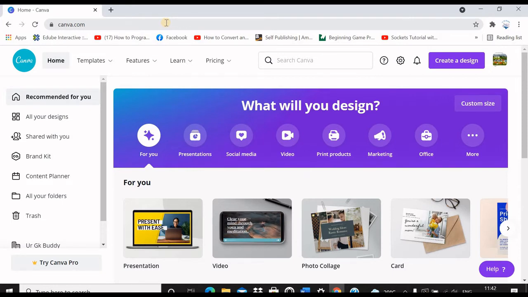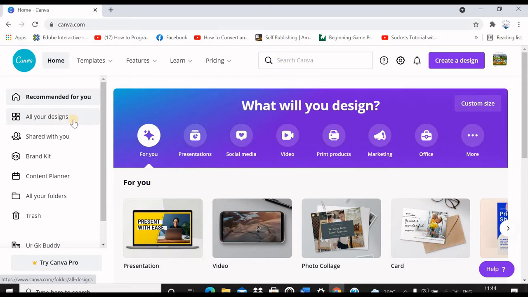Canva Pro has more utilities and more resources, but for a casual user, the facilities offered by a free account is good enough. On signing up, you will be taken to the Canva homepage as you see on the screen. You can familiarize with the menu by exploring it. At the top, you have a search window which will help you to locate the things you are looking for.